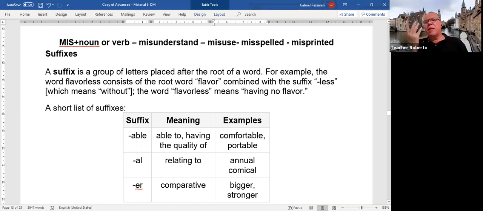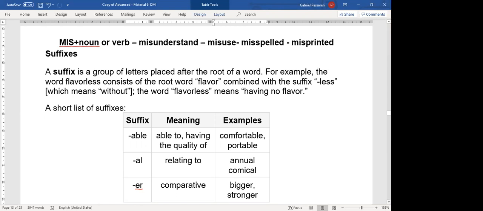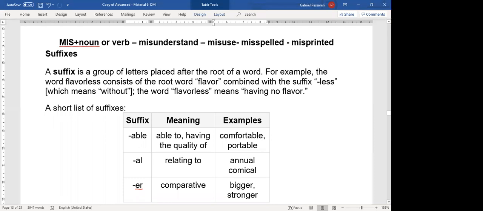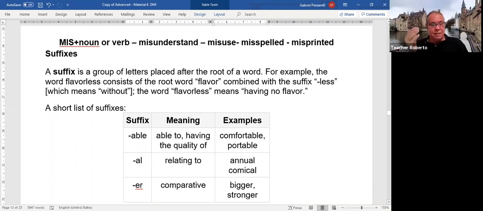There are so many words, and this is another one that people often ask me: teacher, what is landless? What is homeless? Well, it's don't have a home. Exactly. Landless, don't have land. They are protesting because they don't have land to plant, so they are landless. Okay? So the most common suffixes are listed here.